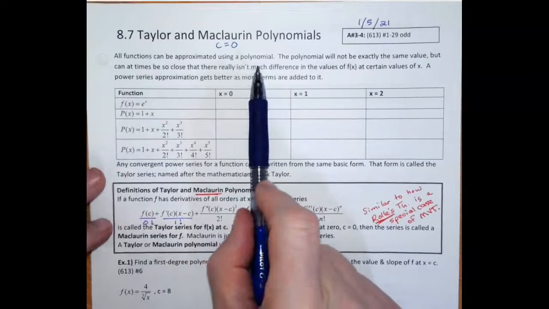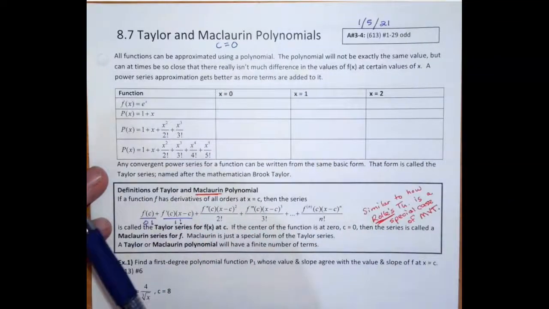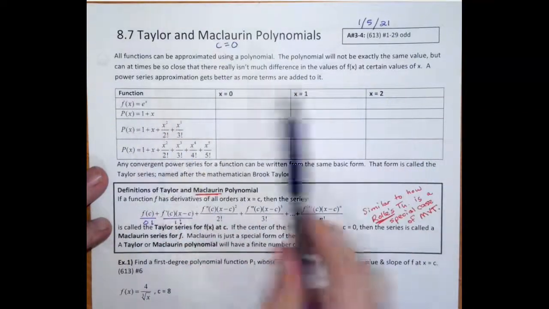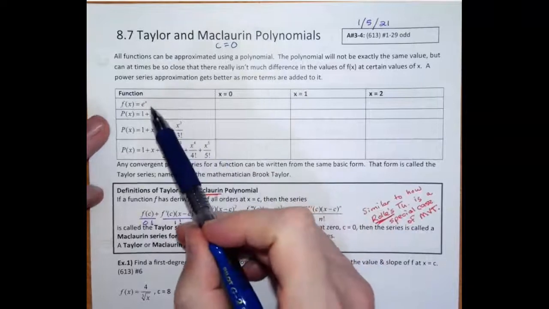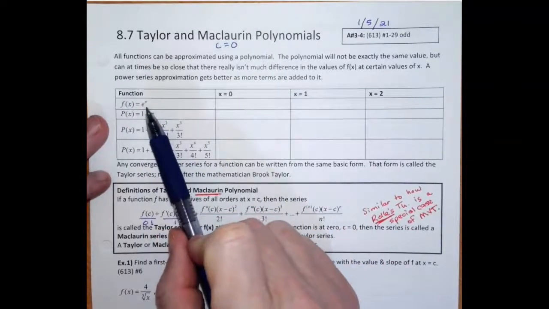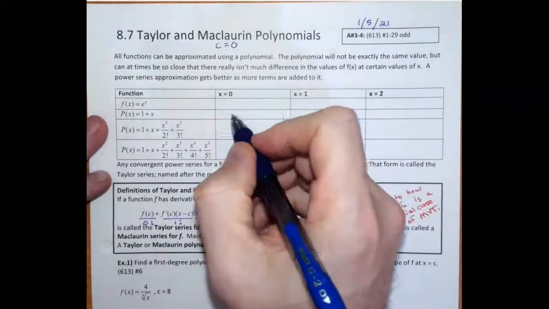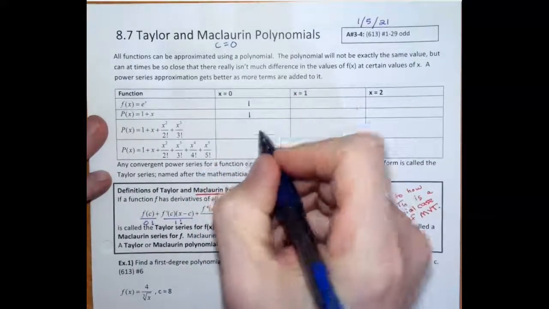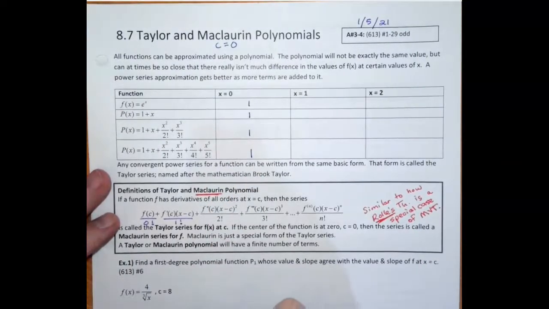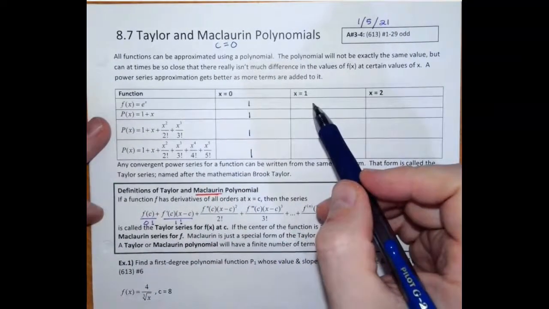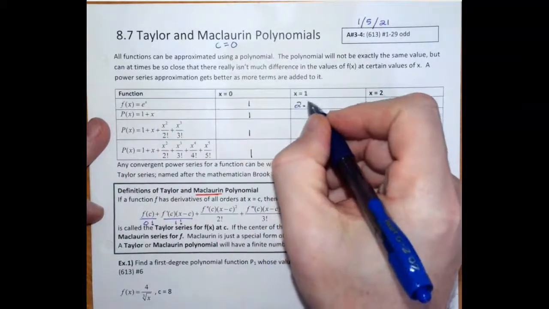Okay? So all functions can be approximated using a polynomial. It won't be the same value, but at times it'll be so close it won't really matter. So if we compare the function e to the x to these three polynomials, and if we plug in 0, all of these turn out to be 1. So that's exact. If we look at 1, so e to the first power is